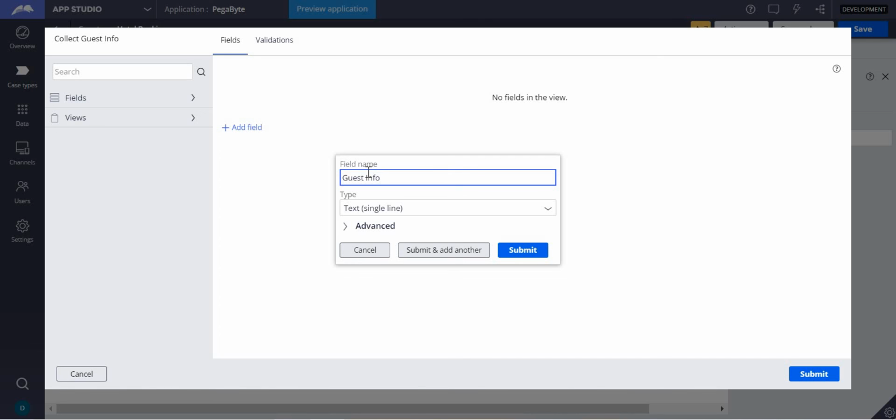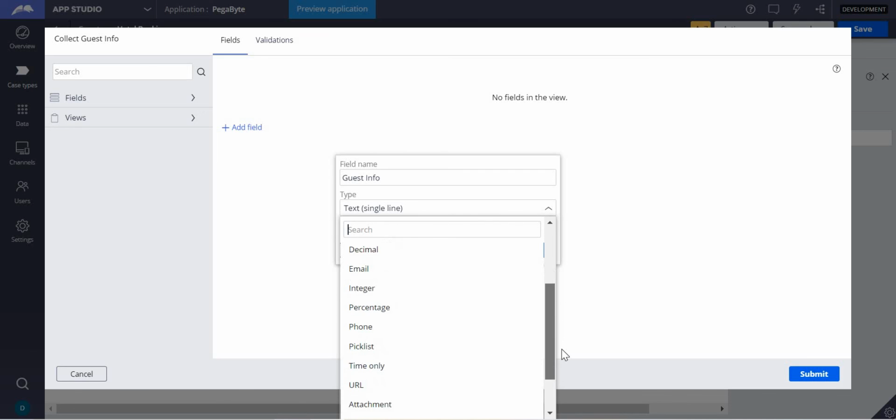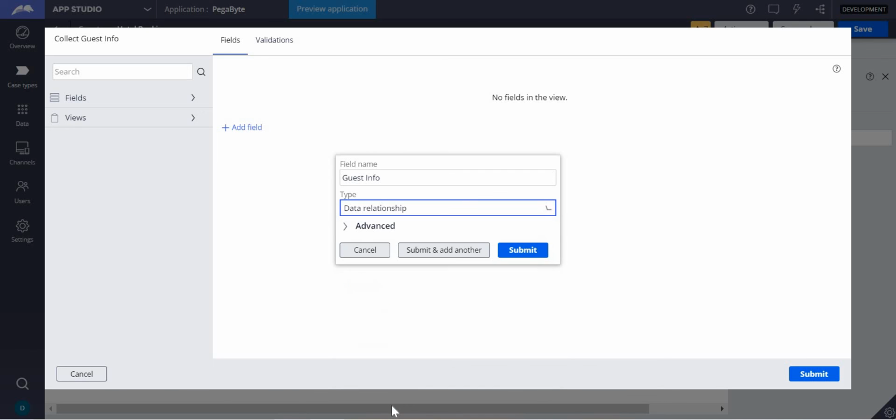For that, we need to know what a property is in Pega, which we'll be discussing later. But currently, as it has multiple properties in it, I'll go with the type data relationship in 8.5.